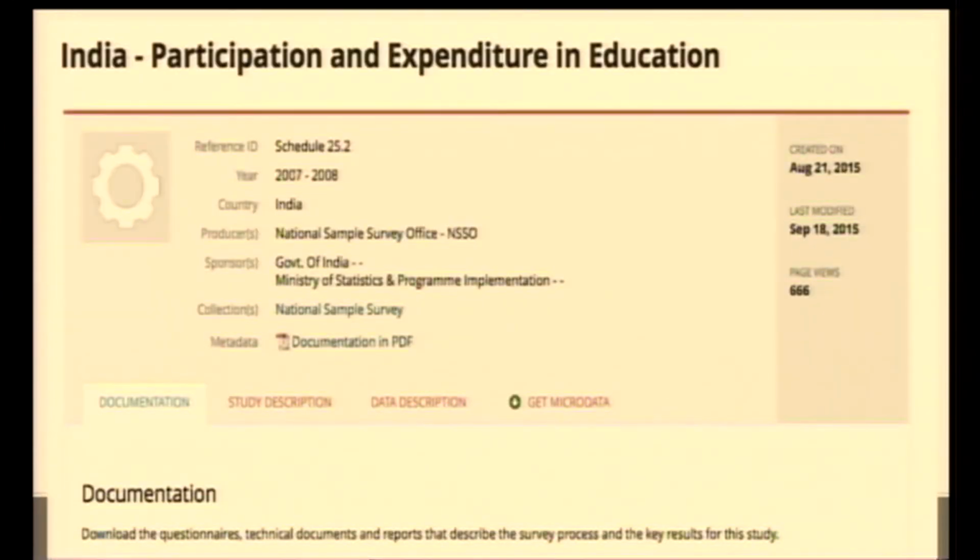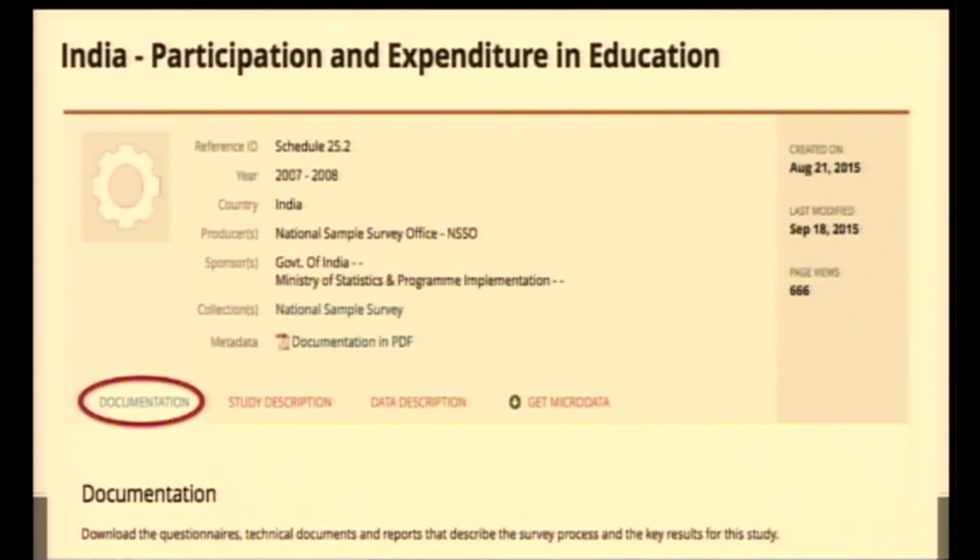Of course, one has to treat the data, unlike an article that has been written purposely for a journal with a structure starting with introduction, interpretation, results, analysis, discussions. Data has to be treated. You have to see that labels are correct, and that it is understandable by others. Every data set should have documentation, a study description, a data description, and of course, one should be able to download the data.